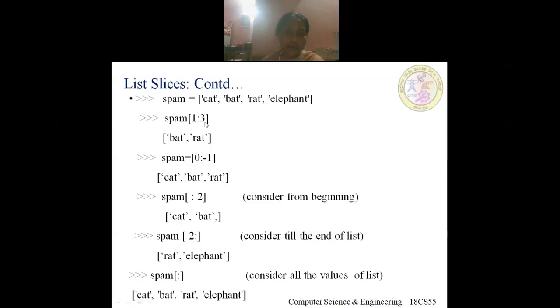How can slicing be represented? The list followed by the opening square bracket, then the first index, colon, the second index, and the closing bracket. So what are the two indexes? From which index slicing will start and up to which index the slicing should be done. But in this case, the slicing will go up to the second index, but it is not considering that index. Just now we went through that example.